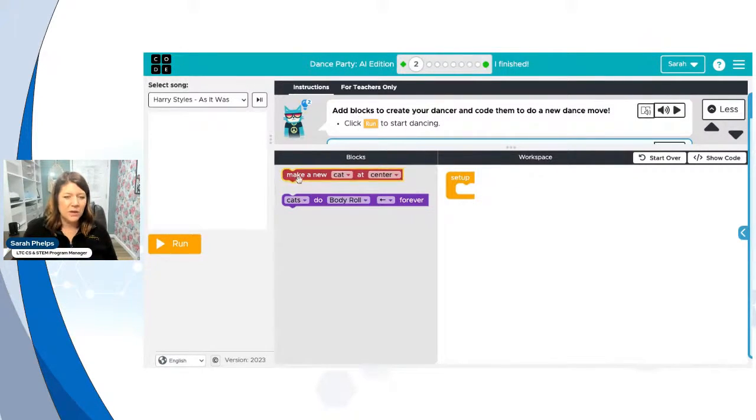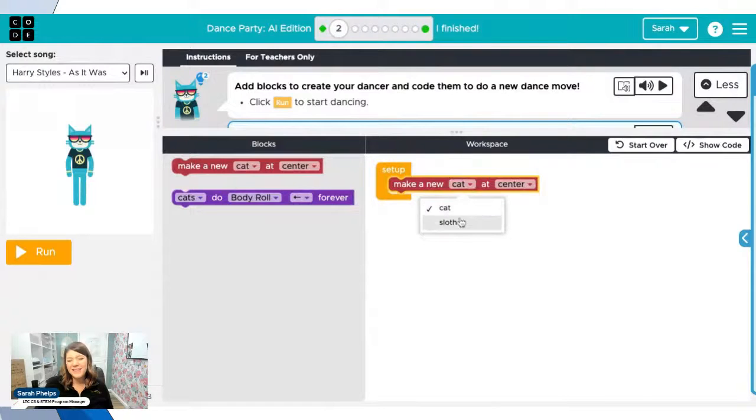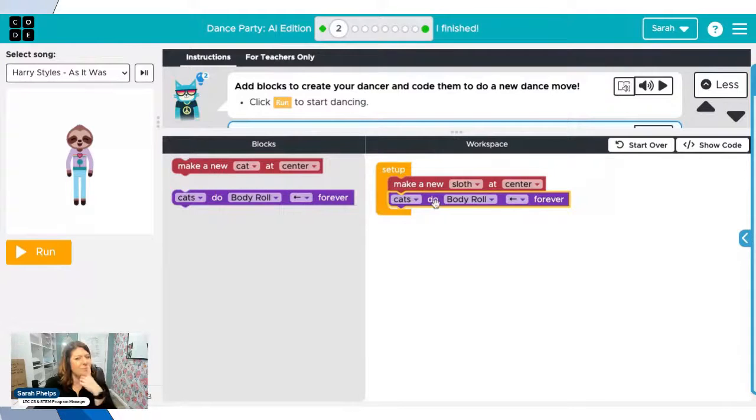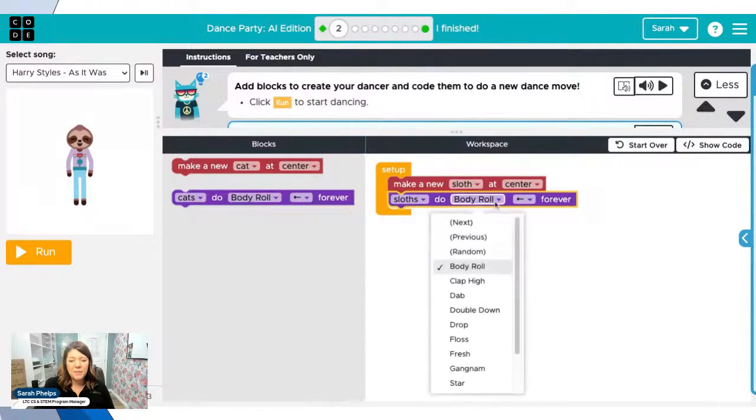All right. Well, I'm going to make a new dancer. Perfect. There he is. Can do a cat or sloth. I say I'm going with sloth. Okay. And I need them to do a dance move. So let's see. Oh, here we go. Now I'm going to put that in there. Now, I switched it to a sloth. I do notice that it says cat. So, very good. Drop downs usually let me change something. So I'm going to switch it to sloth and I got choices.